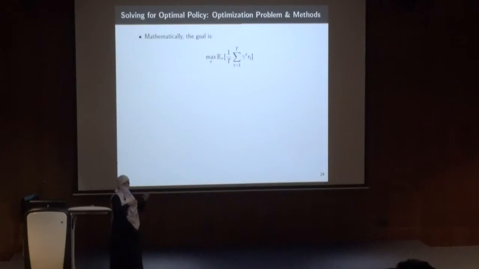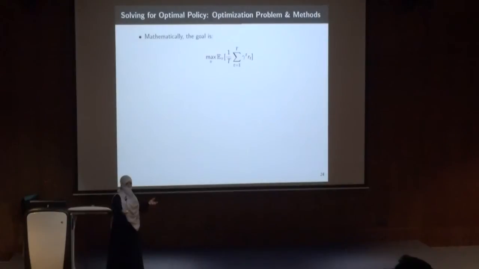What is this function? We need to maximize reward. It's not a reward at one step. I want to maximize the cumulative reward. So I need to maximize the summation of the reward from t equals 1 to the maximum number of steps. It could be infinity. It depends on the problem. So I'm maximizing this summation of the reward at each time step. And I have this discount factor, gamma of t. So I'm maximizing the summation of the discounted rewards.